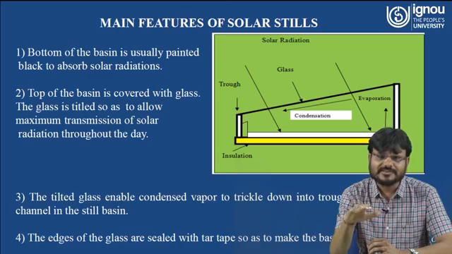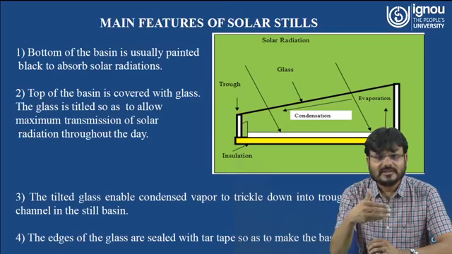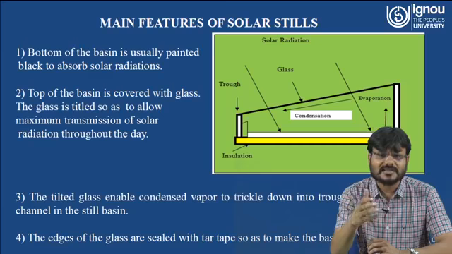Now the heat at the absorber will be transferred to the water. Inside the chamber there is water. That means the water becomes heated. If the water becomes heated, it will start to evaporate. When the water evaporates, it will go to the back side of the glass cover. As this water reaches the back surface of the glass cover, the temperature of the glass cover is less than the temperature of this water, so the latent heat of this evaporated water will be